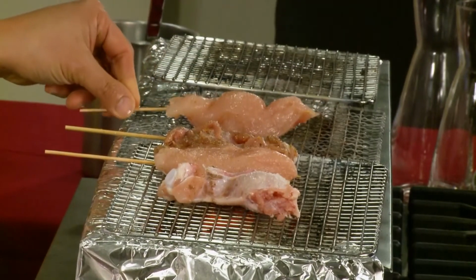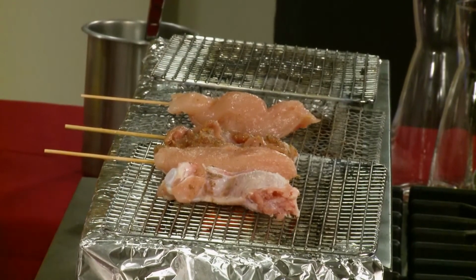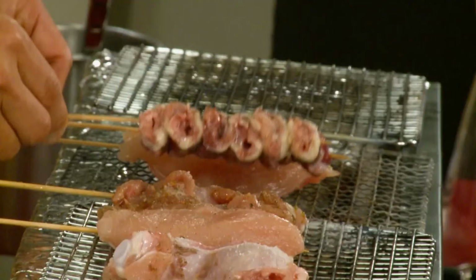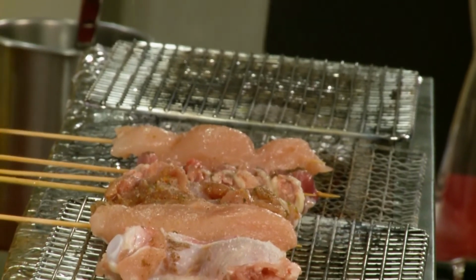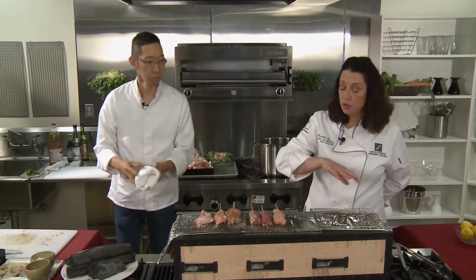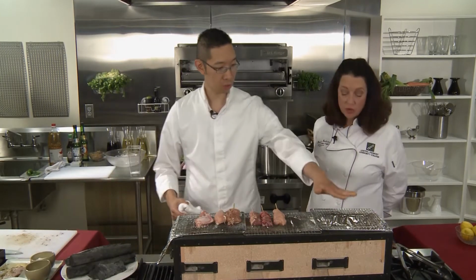Now that doesn't have skin. You just put it on there? This one we're just going to put straight on there. And then for the gizzards, we're going to put it at a medium-high. So do you have this zoned out for a cooler area, a hotter area? Exactly. So this is cooler for